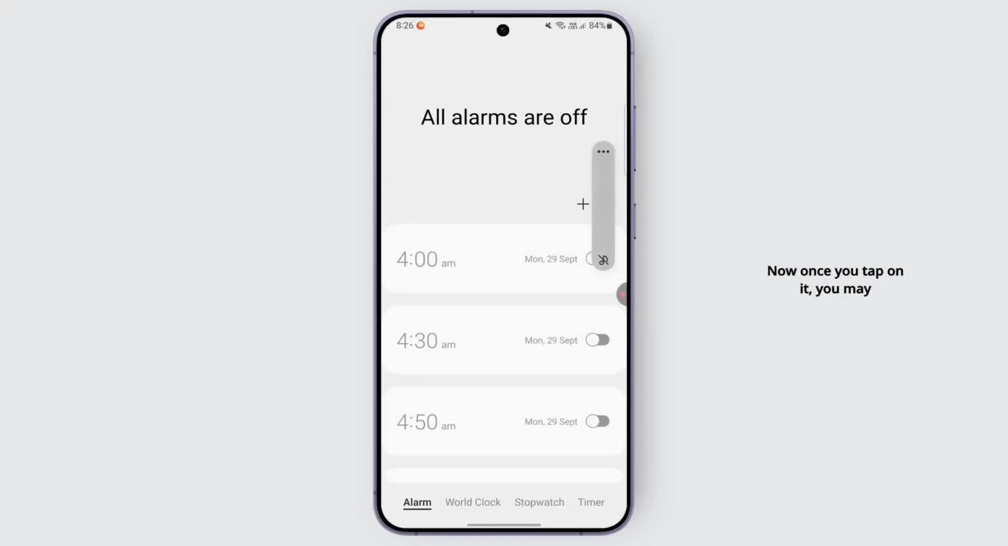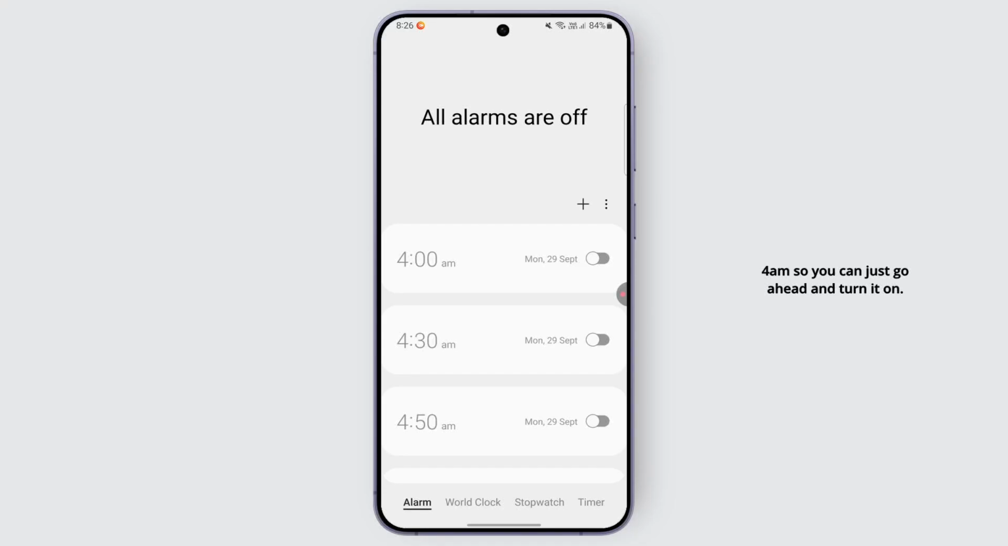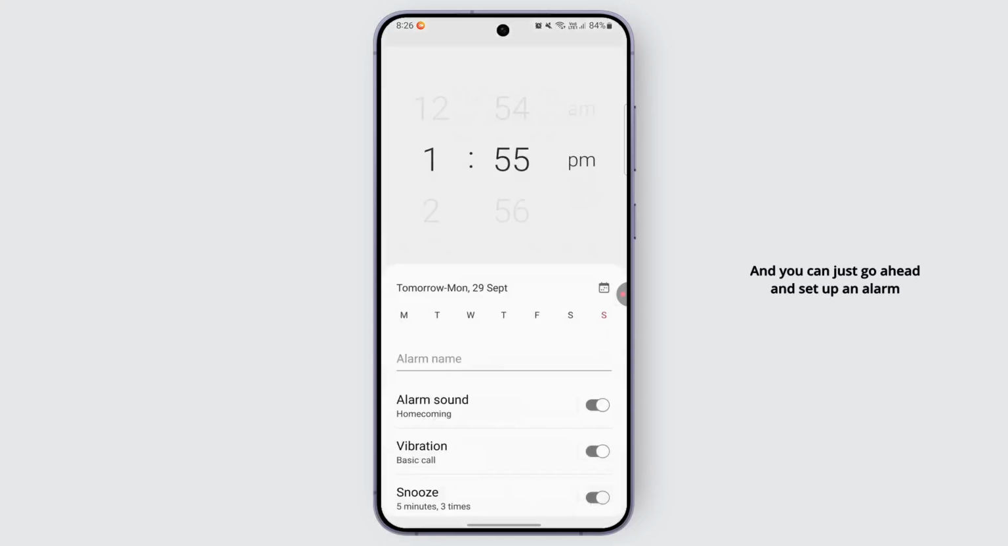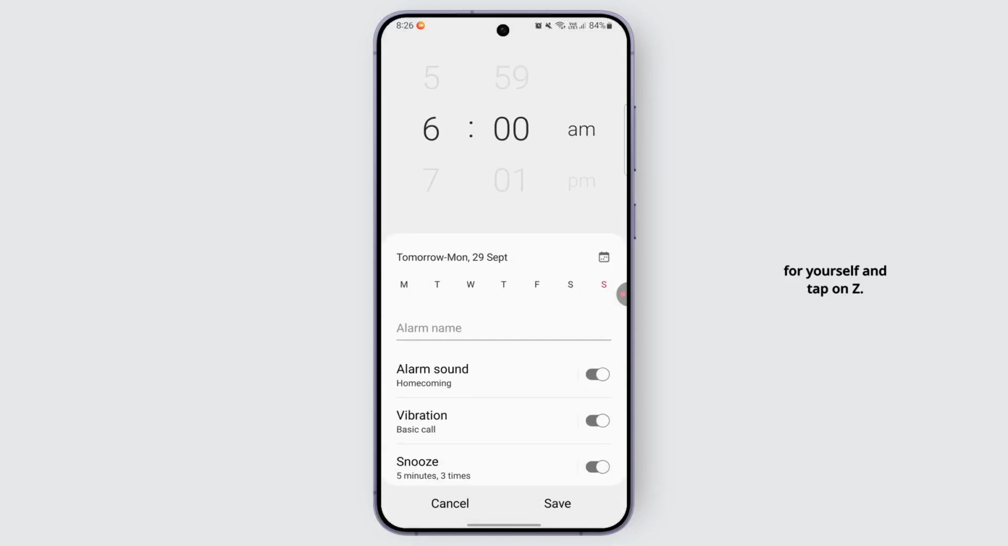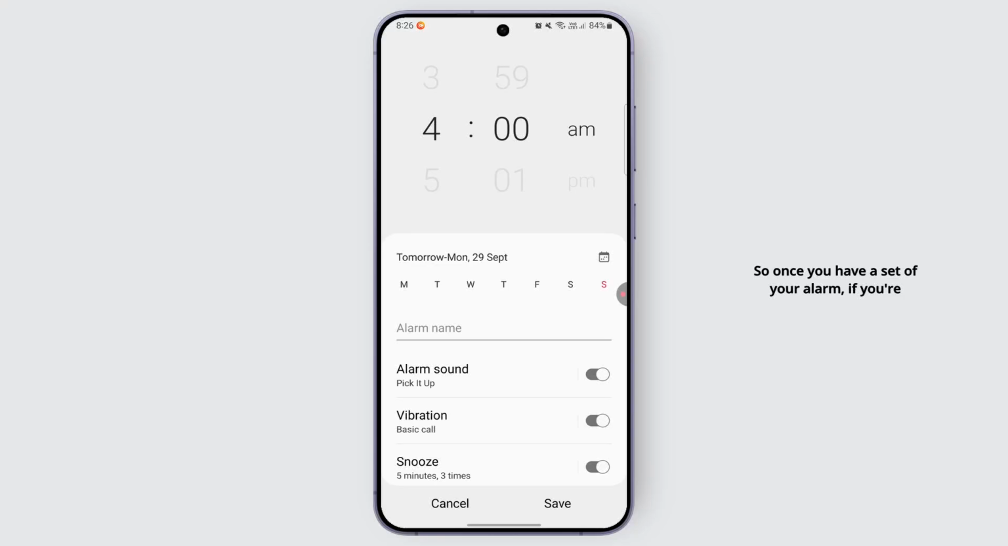Now once you tap on it, you may just head over and set up an alarm. So let's say I would like to set alarm for 4 a.m. So you can just go ahead and turn it on. Or you can also tap on this plus icon right here. And you can just go ahead and set up an alarm for yourself and tap on save. So once you have set up your alarm, if you want to get custom alarm sound, what you can do